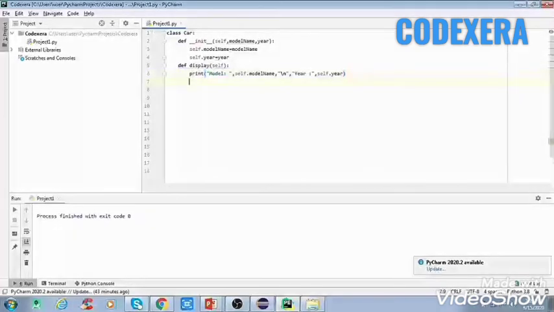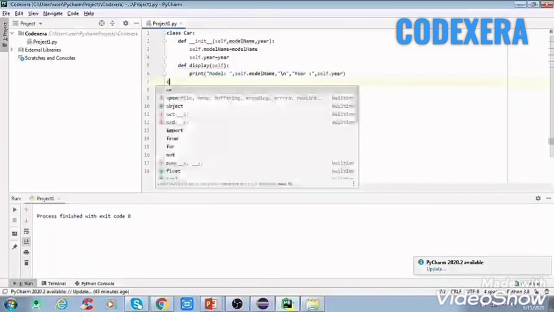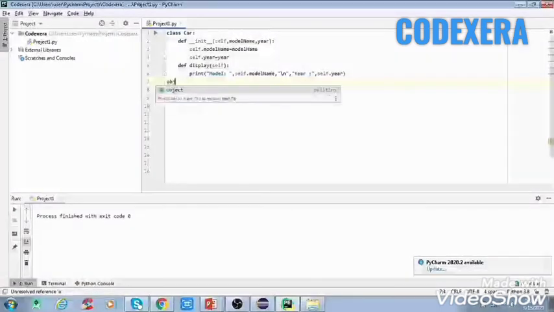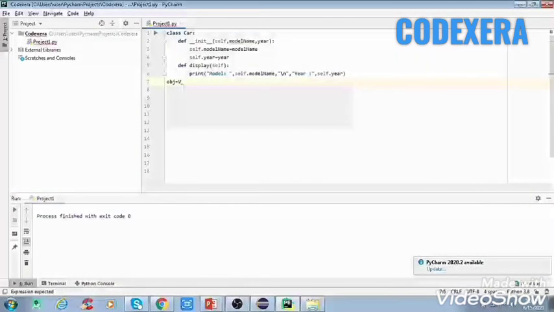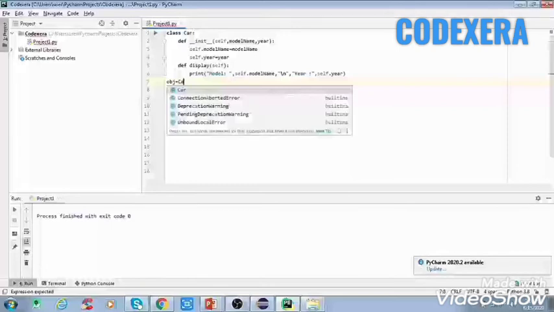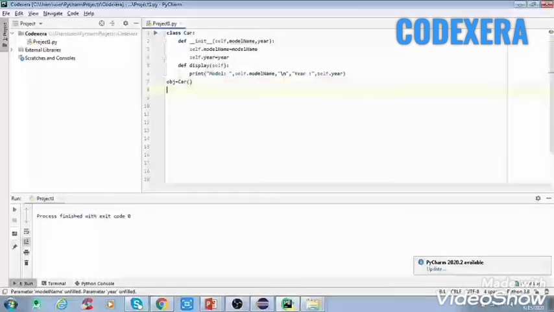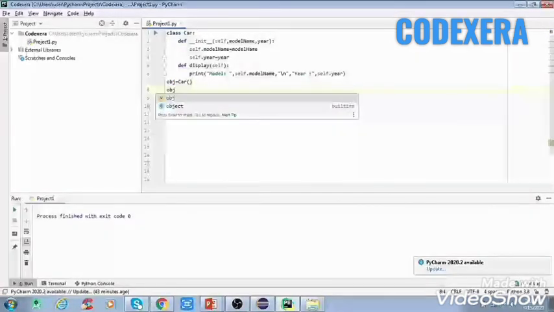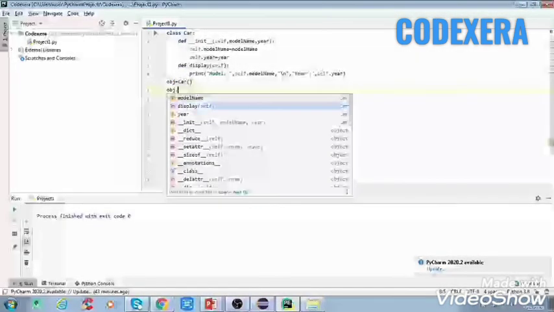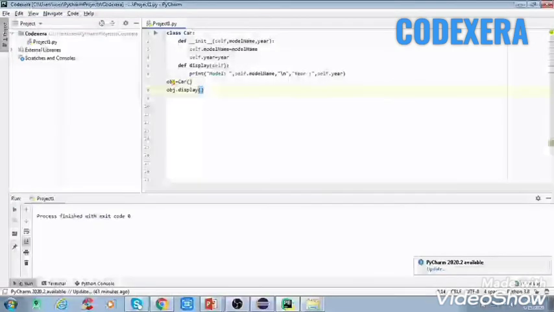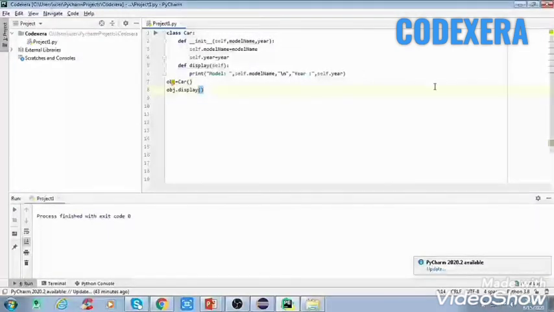After creating the method we'll create an object with the name obj, and give the name of the class, so here we have created our Car. Now, with the help of the object, we'll call the method display. Now we'll run this and see whether it runs or not.